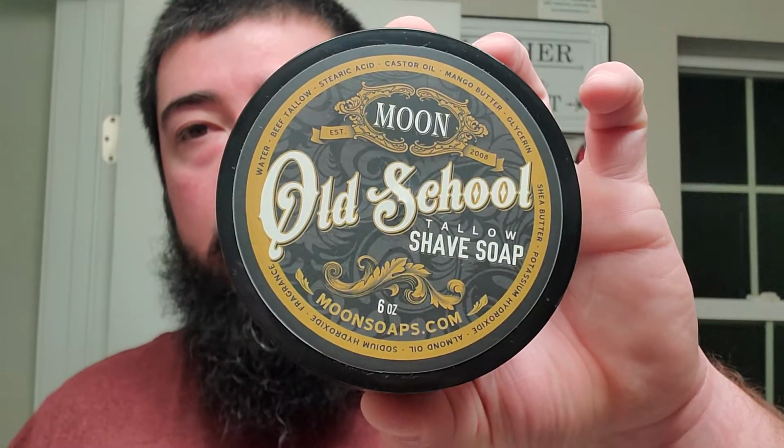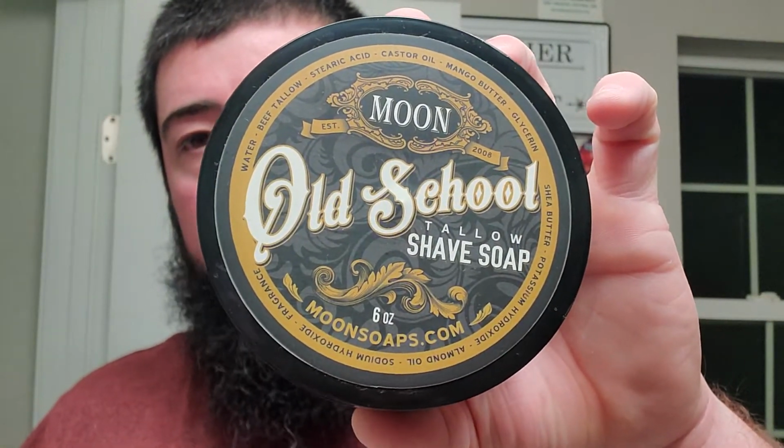Okay. We are going to be using some Moon Soaps. This is the Old School, and this is my favorite soap, favorite scent from Moon Soaps. This stuff's nice. This one here is like a tobacco scent. Has vetiver, vanilla, tobacco,